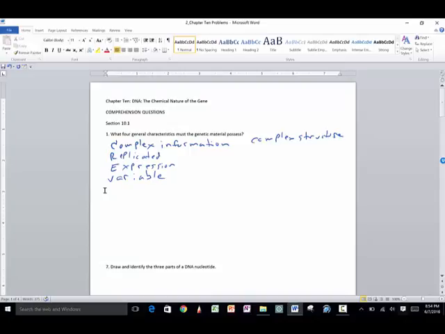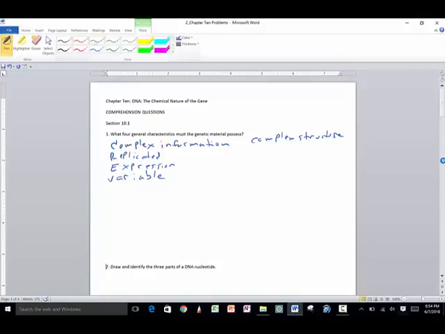So let's do that now. The complex nature of the molecule: the individual nucleotides aren't all that complex, but when you put a whole bunch of them together,